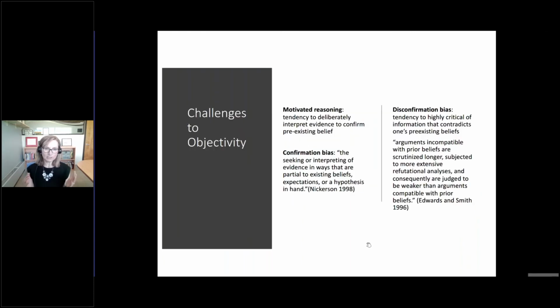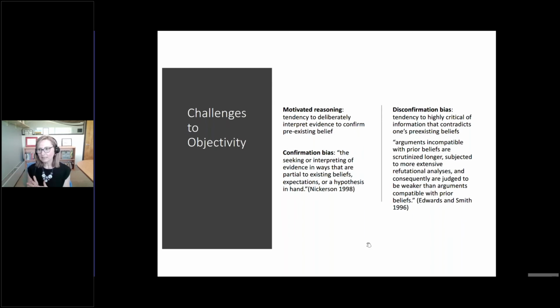There's a challenge though, and the challenge is that we're human beings, and we have cognitive biases. I'm sure some of you have heard of or are familiar with the idea of cognitive biases. And these cognitive biases mean that when we go and approach research, when we go and approach information that's available to us, we're not going in with the open minds that we think that we have. There's a number of cognitive biases. I'll just mention three here that are important to keep in mind. One is motivated reasoning,